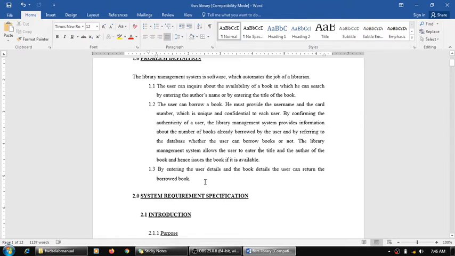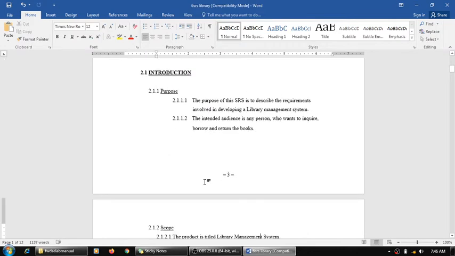You'll see later also. Now coming to the introduction, what is the purpose? The purpose of this SRS is to describe the requirements involved in developing a library management system. So we are talking about the purpose of this document, why we are preparing it. The intended audience is any person who wants to inquire, borrow and return a book.